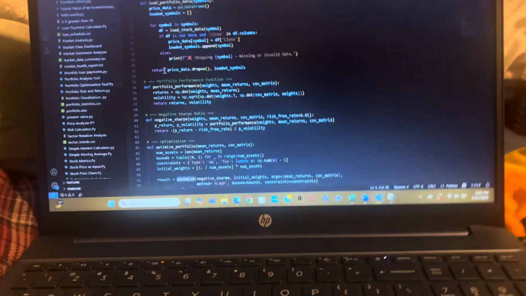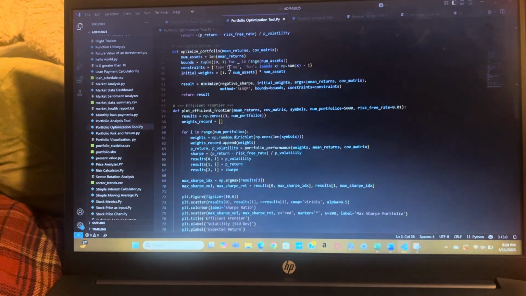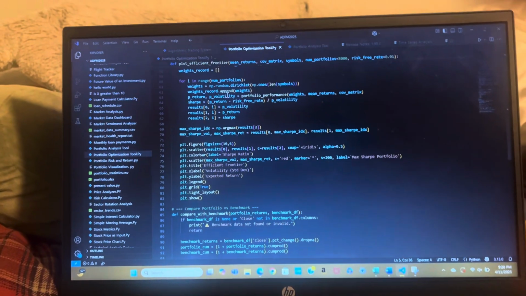Then, sorry, it's a little shaky. Then we're going to jump down. You see all that code right there. It's a lot of code it's running through. Then we jump down to lines